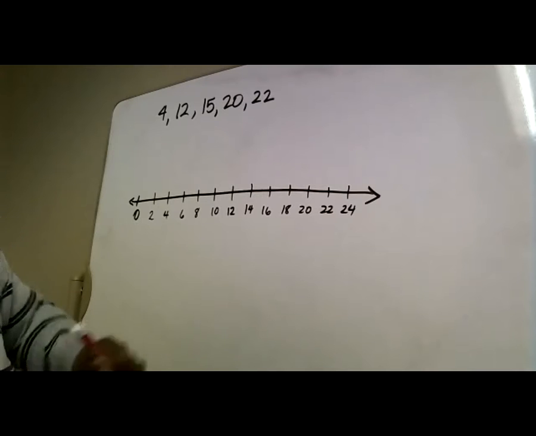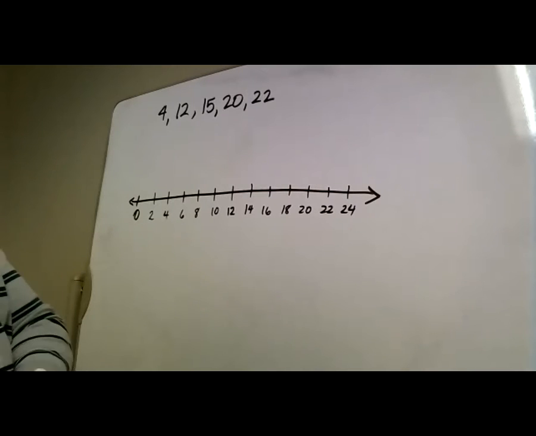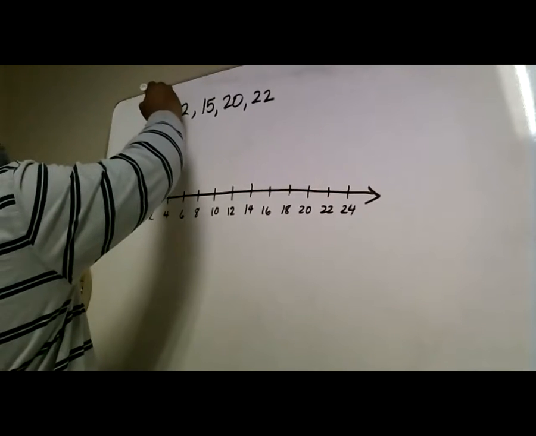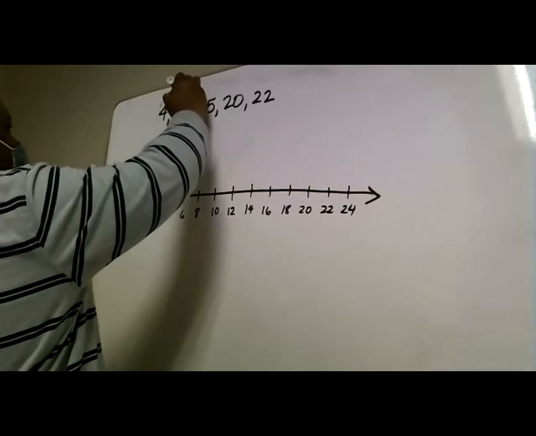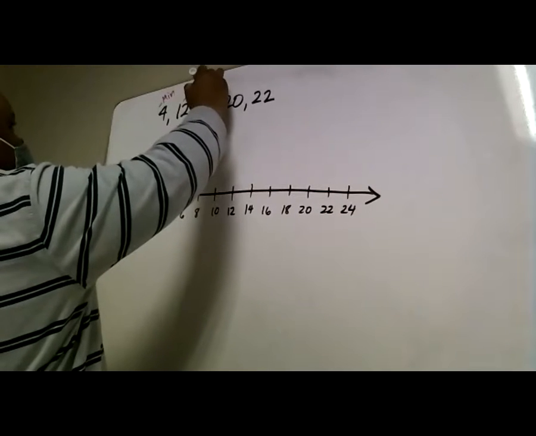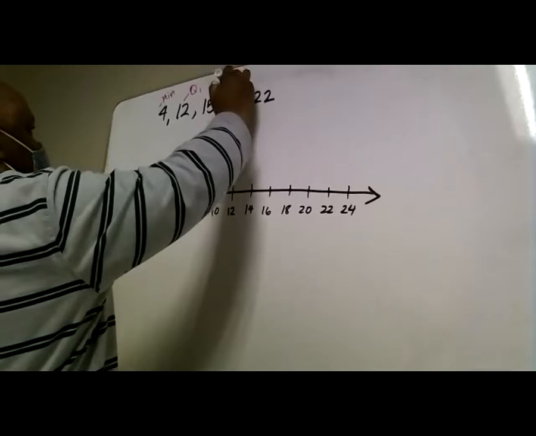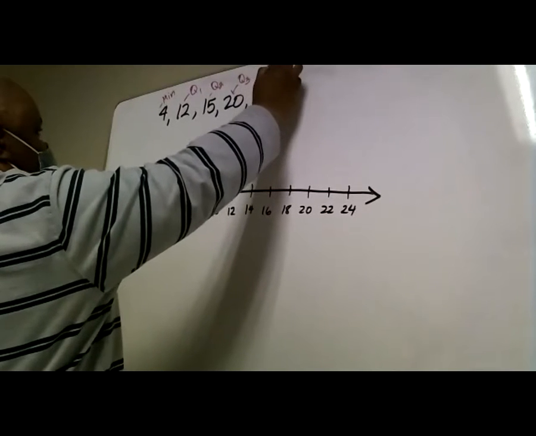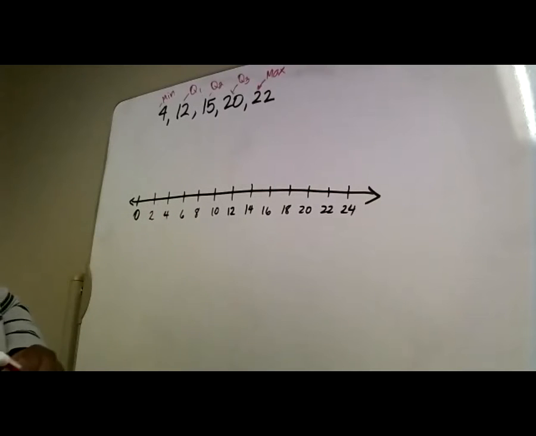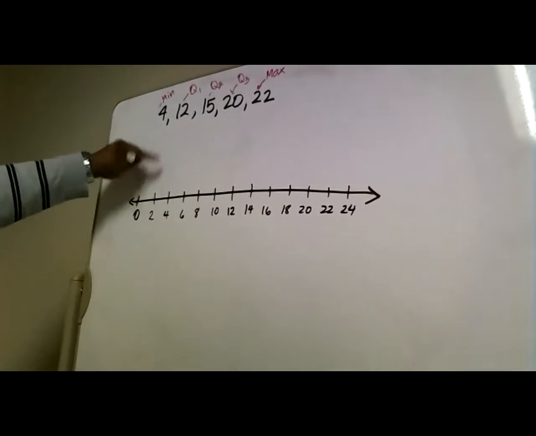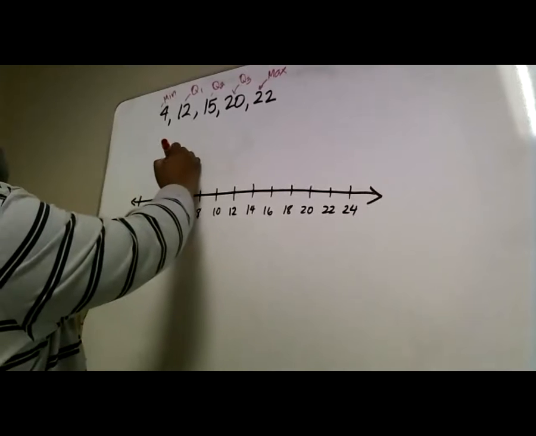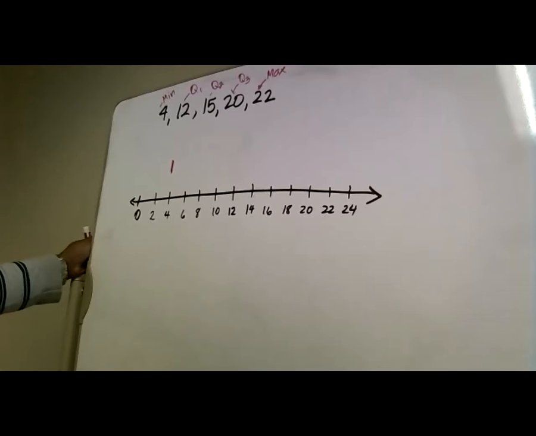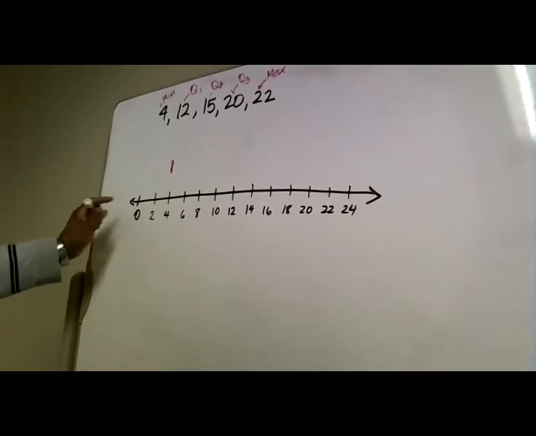Okay. What's the minimum? 4. It'd be 4. Okay. That's the minimum. And what's Q1? 12. And Q2, 15. Q3, 20, and the max has to be 22. Okay. So we're going to find 4. So here's 4 right here. It's a minimum, so I'm going to draw a line like this at 4. That's going to be the whisker that's going to be connected to the